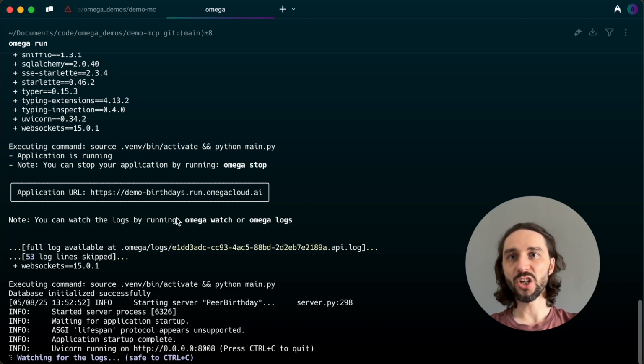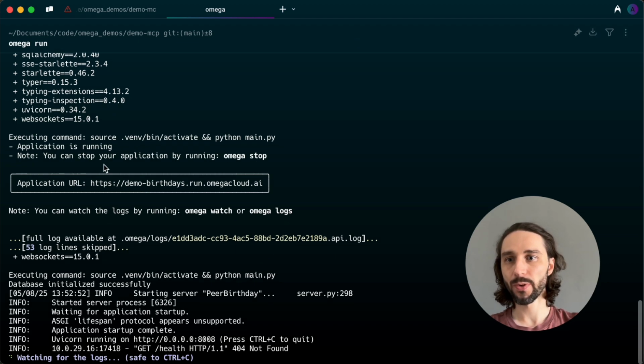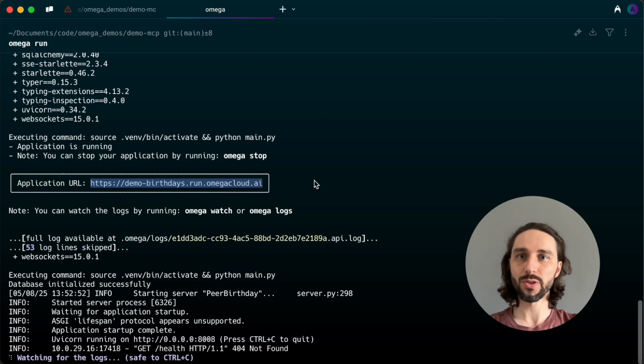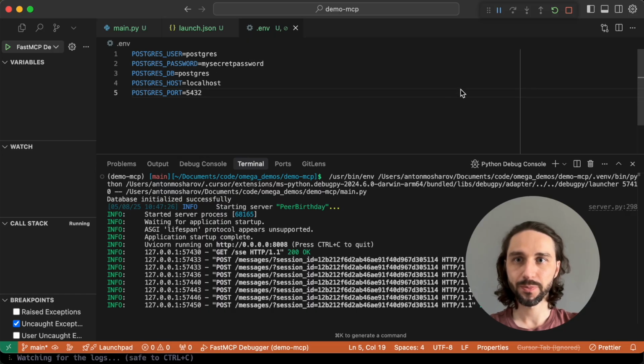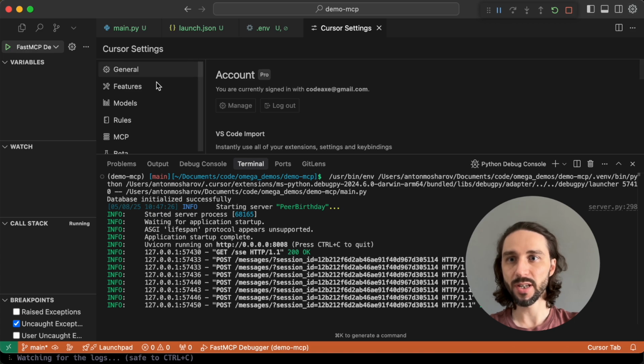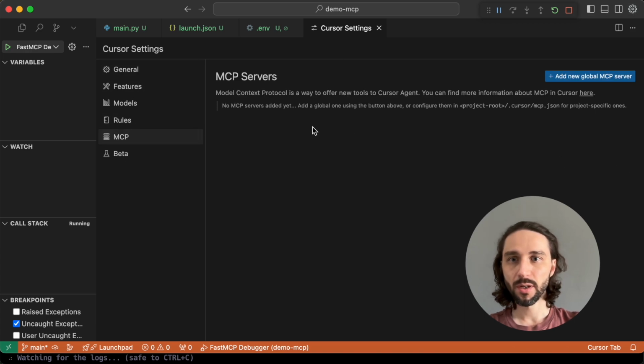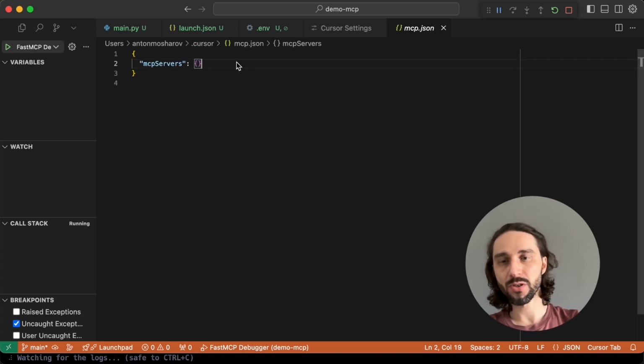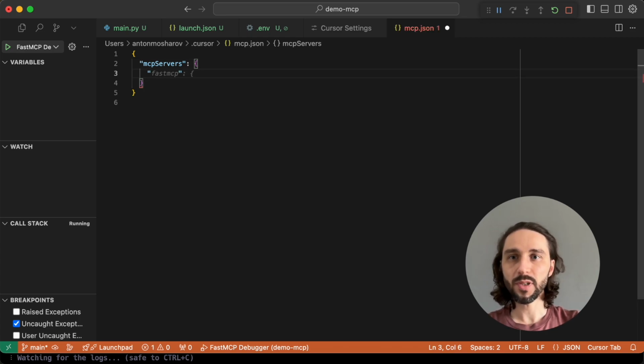Perfect. The application is launched and is ready to serve at this address. Let's copy. Let's try to use it, but this time not in MCP inspector, but in another MCP client. I will use Cursor for that. We open Cursor settings, go to MCP tab, and add a new MCP server. I name it birthdays peers,